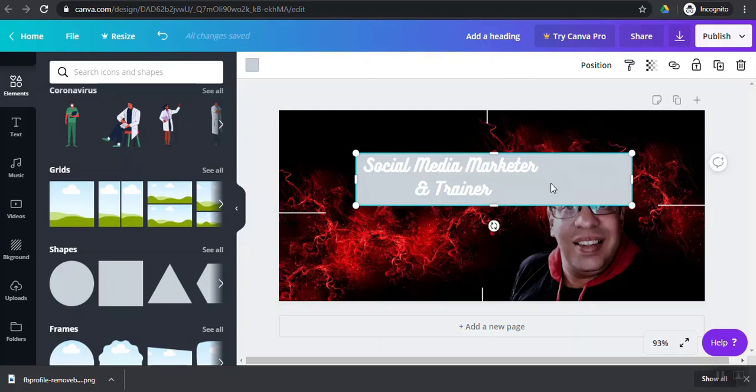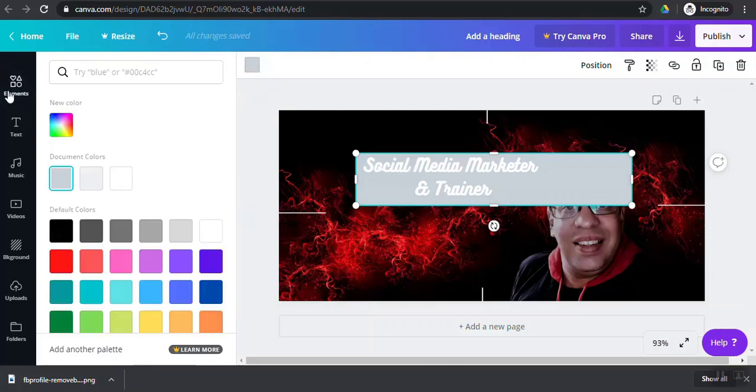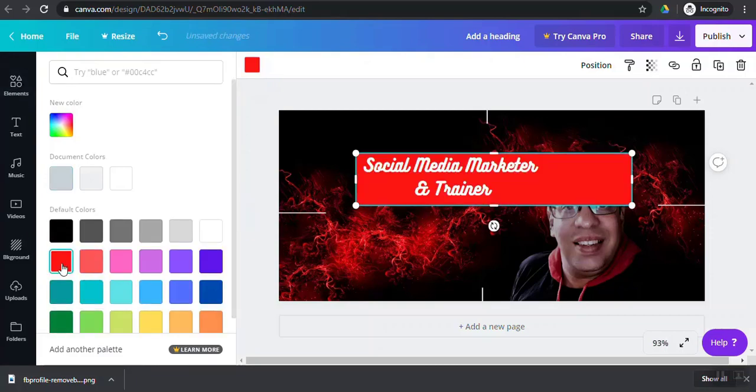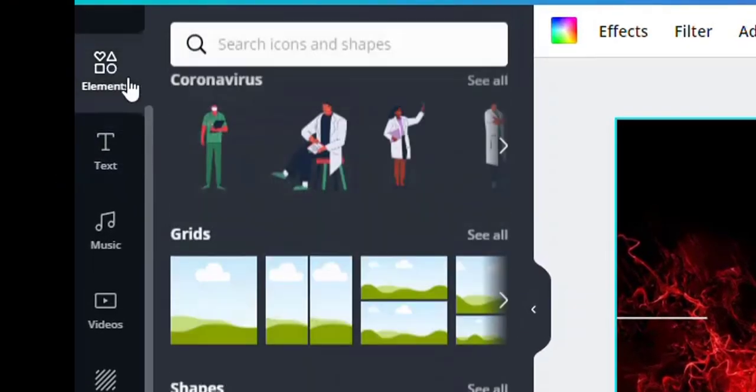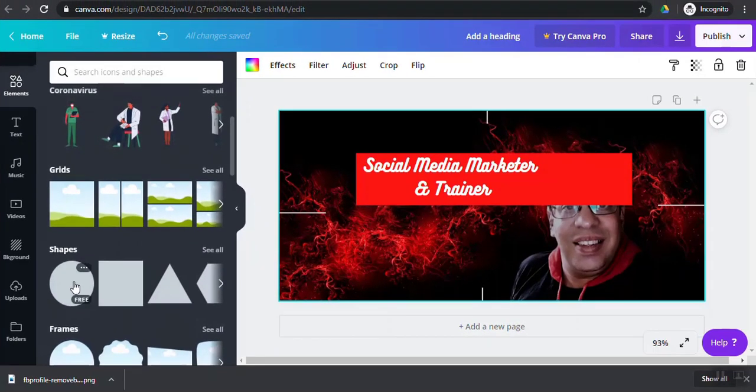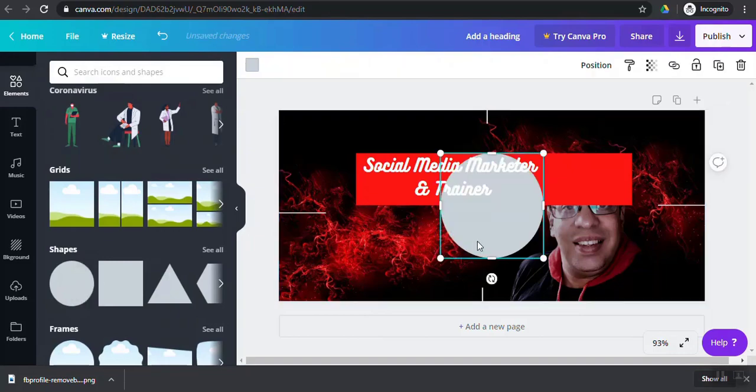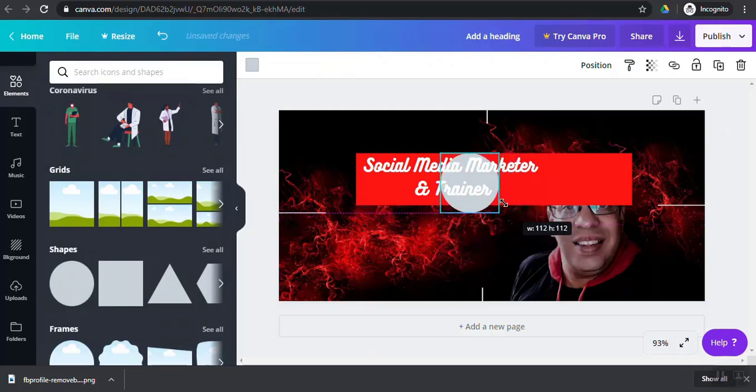So we will change the color by clicking on this box out here. For the color, we will select some color which goes with the background. Say this one. This looks good again. Now let's go back to the element and click on circle element. Adjust the size from the edges by dragging it inside so that it matches with the rectangle length by dragging the edges like this.